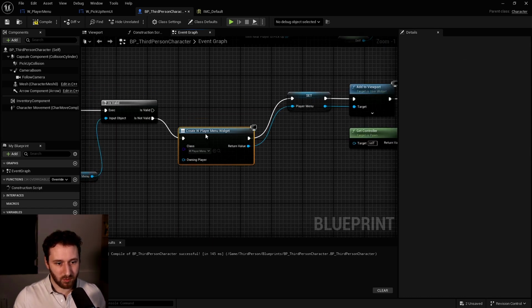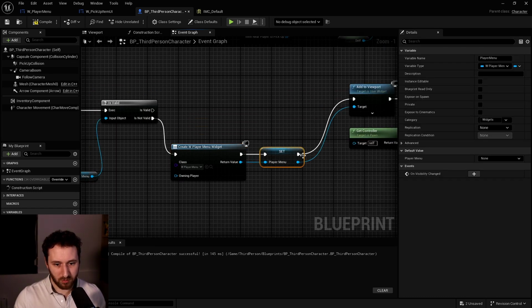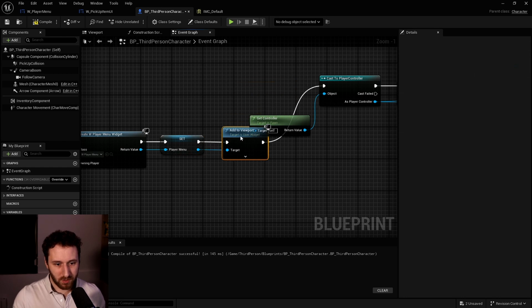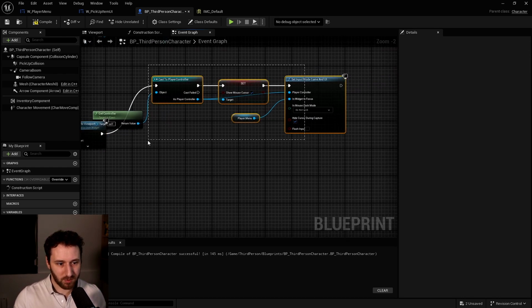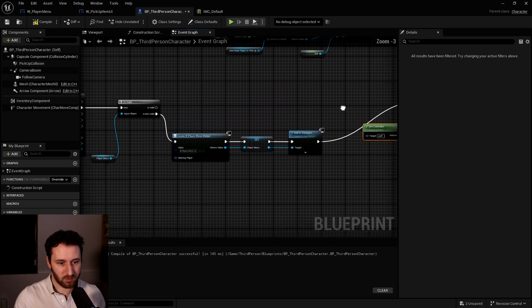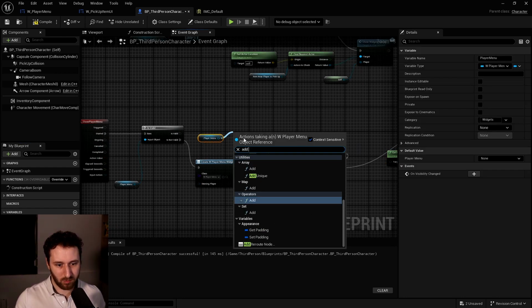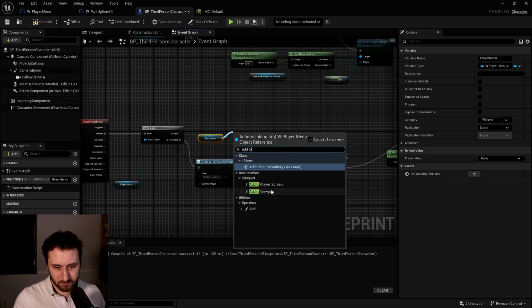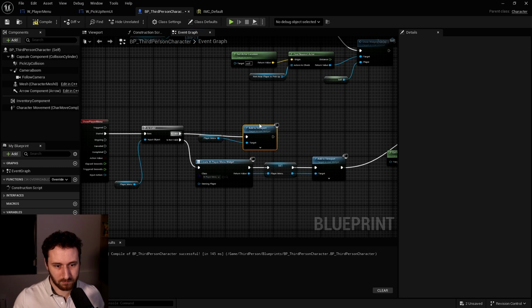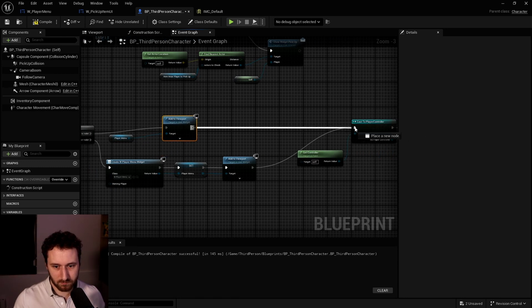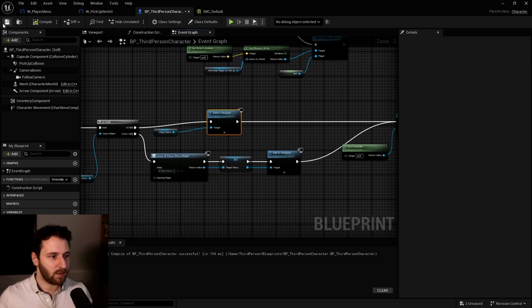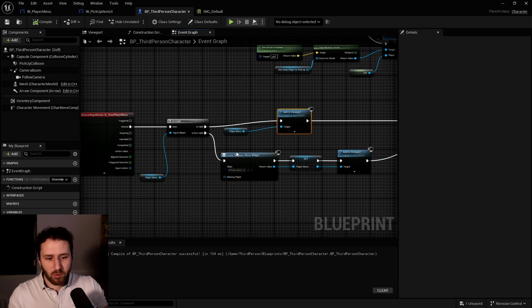If it's not valid, we create the widget, we set the player menu, then we add to viewport. This will be common to both. We need to get the player menu first and do add to viewport. Like this. So now we will not be recreating the player menu every time we press I.